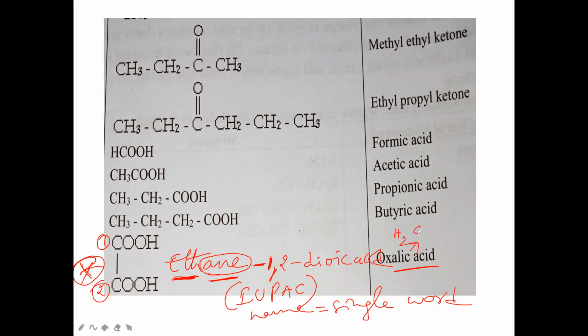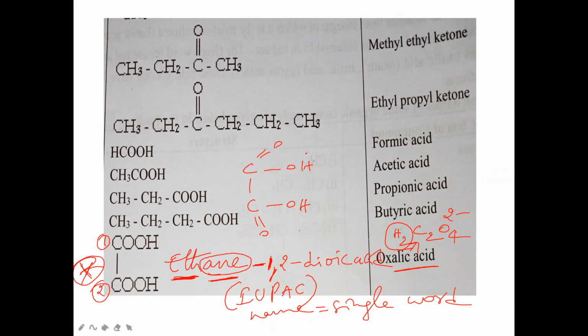H2C2O4. C2O4 minus 2 ion is called oxalate. Oxalate. Okay. Suppose you take C bond C. Here it is C double bond O, OH. Here also C double bond O, OH. So COOH bond COOH. Here the C double bond O group is called the carbonyl group. And the bond OH is what? Alcohol group.